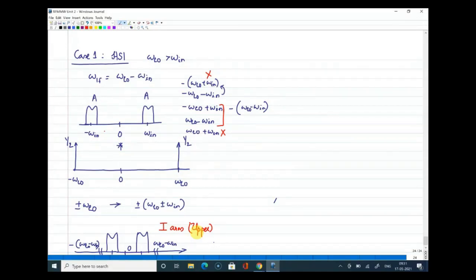If you have a question, please ask now, or even at the end of the session, or you can just post it in the chat box. So what I have done is, with high side injection on the upper arm, I got this result. Similarly, let me perform the same high side injection on the lower arm.